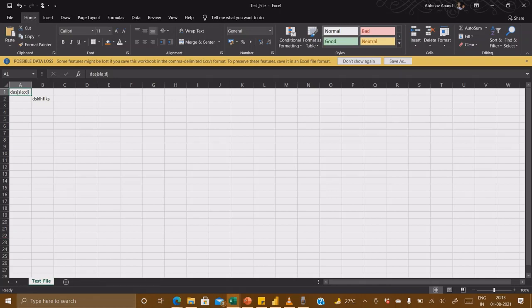So this is what happens with CSV, comma separated value. Whichever sheet is active while saving as a CSV will be the only sheet retained in this CSV format. So this thing we need to take care of whenever we are using CSV, and no formula will get saved here. If you use Excel, nothing will get saved here, only the data. So be aware of this and keep it in mind.